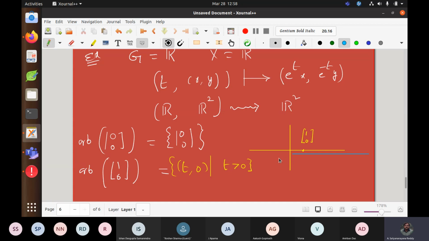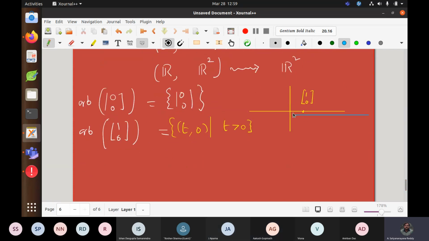So what is orbit of 1 0 geometrically? The positive x-axis, right? Yes, sir, positive x-axis. But I need the entire R2, so the union of orbits should equal the entire R2. I just covered only 0 0 and the positive x-axis, so I have to take many orbits now. Next, what will I take? Orbit of 0 1.